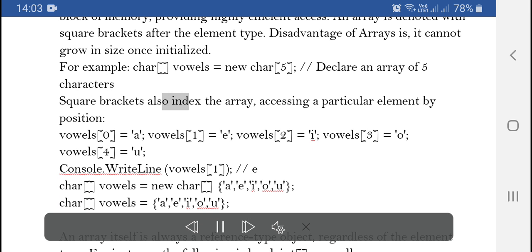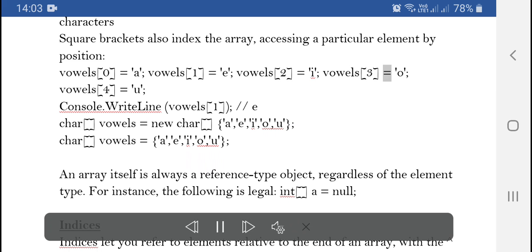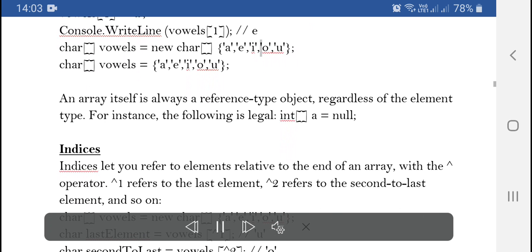Square brackets also index the array, accessing a particular element by position. vowels[0] = 'a', vowels[1] = 'e', vowels[2] = 'i', vowels[3] = 'o', vowels[4] = 'u'. Console.WriteLine(vowels[1]); prints e. Alternatively, char[] vowels = new char[] {'a','e','i','o','u'}; or char[] vowels = {'a','e','i','o','u'};. An array itself is always a reference type object, regardless of the element type. For instance, the following is legal: